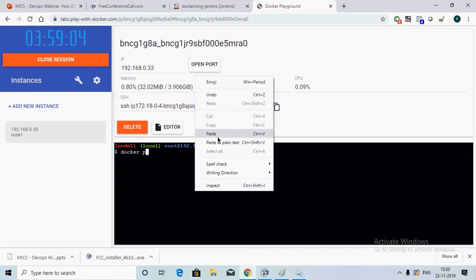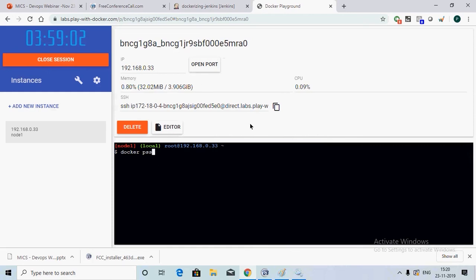Somehow my S is not working on my keyboard. So it gives you the container ID, image, command, created, status, and ports.